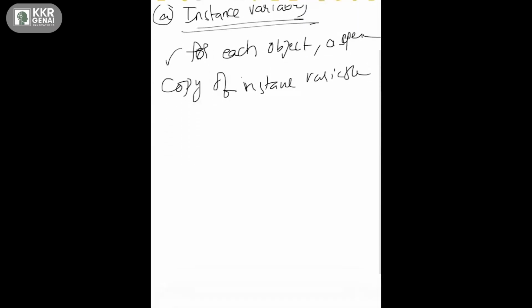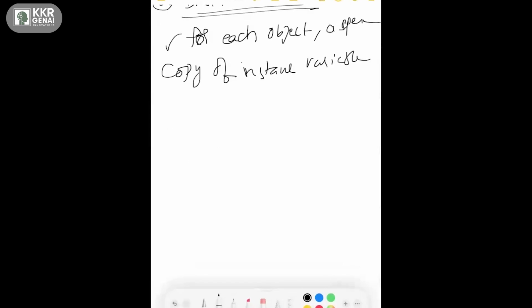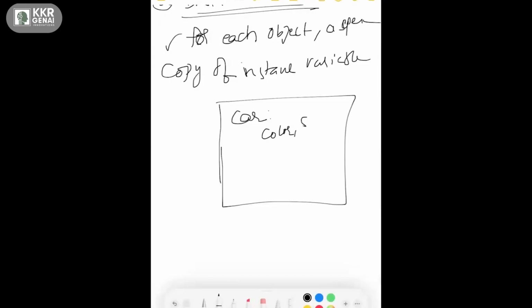Let's say I have a car class, and in this car class, I'm having a color, number of wheels. I'm just writing some attributes. What are attributes for a car?